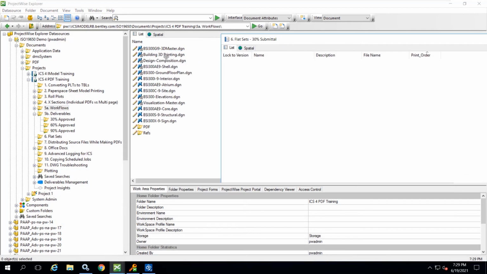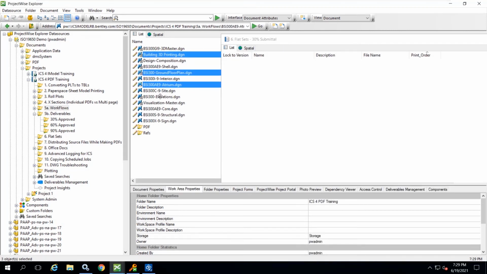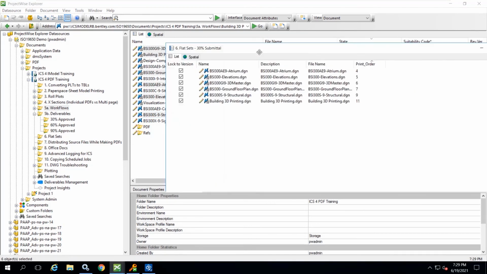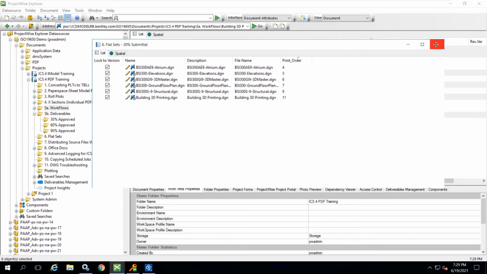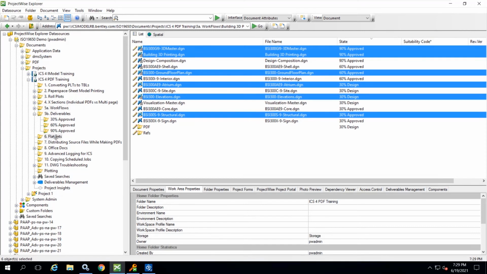And I'll grab them in any particular order and drop them into our flat set. And so, for example, based off that attribute, it will print based off the order of this attribute in ascending or descending configuration. So what I'll do is go ahead and close the set, go back to our flat sets here,